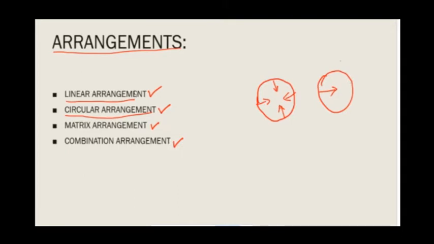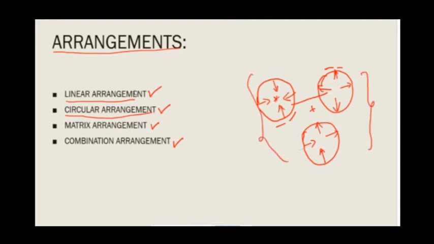I'm giving you a live example so that you can relate to these arrangements. With respect to circular arrangements, there are two possibilities, as I told you. One is facing the center, or it is facing away from the center. When you're facing the center, your left and right change. When you're facing away from the center, your left and right change again. Also, you can have a combination of these two, that is, some people are facing the center and some people are facing away from the center. We will get into it once we do the circular arrangement.